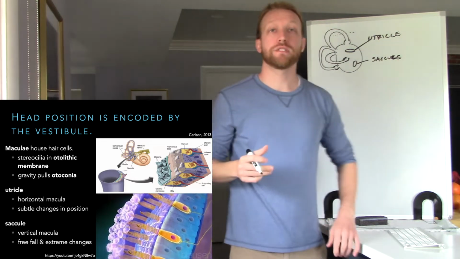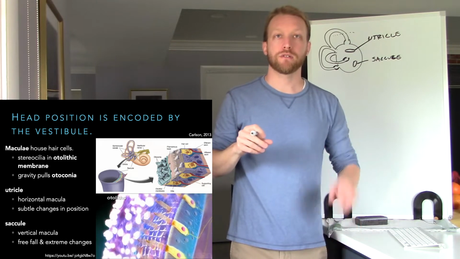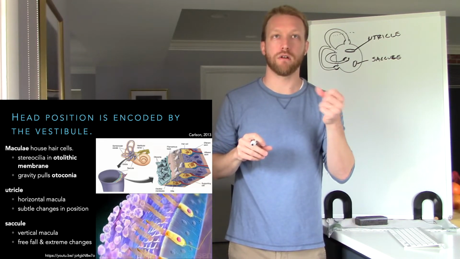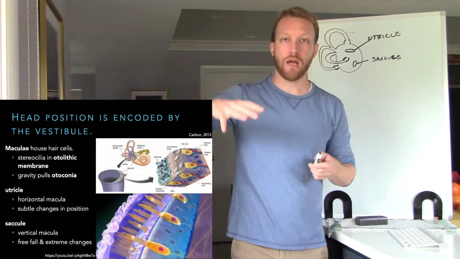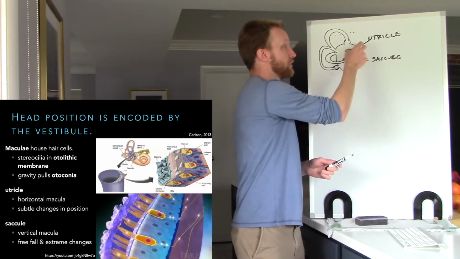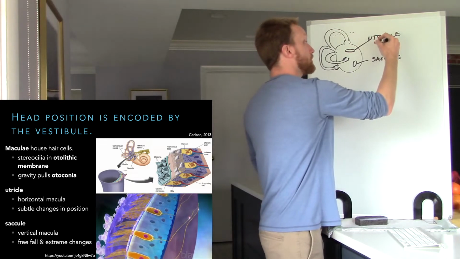Now what these are going to do is sense gravity. And so we can see in the animation here, there's these little bits of ear sand called otoconia, and those are going to be pulled down by gravity. Now these are oriented 90 degrees from one another, so when we're upright, the utricle is going to be more